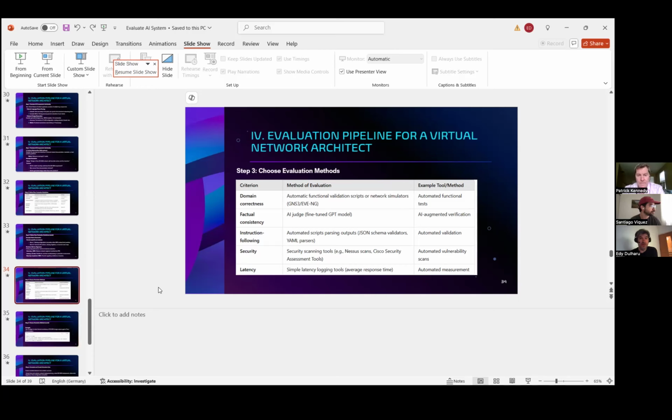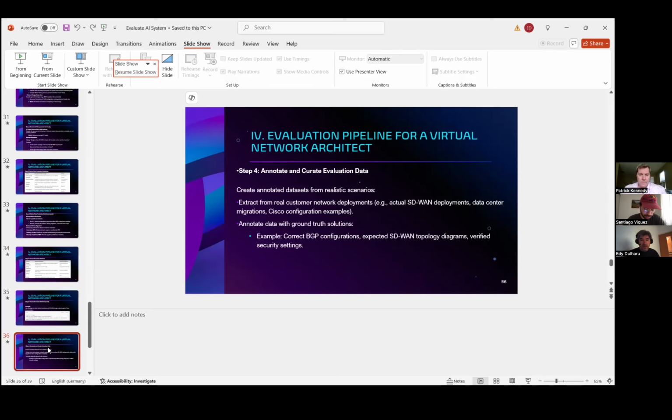Yeah. So these are the things which are important to me for a virtual architect. To be very, very accurate in this domain, which is network architecture, factual consistency 100%. I don't want to mess up or to hallucinate or innovate. I don't want to make things up. I want to be very, very good in learning from instructions. Security, no comment, and latency. Security and performance, or latency, is related to user experience: how good is the interaction between the users and the AI application.